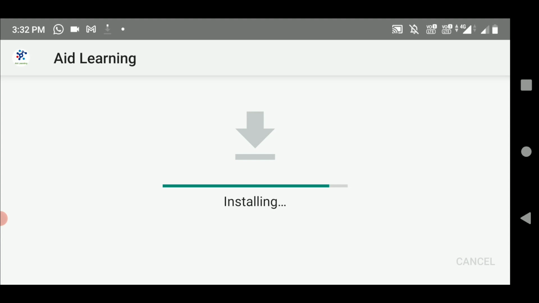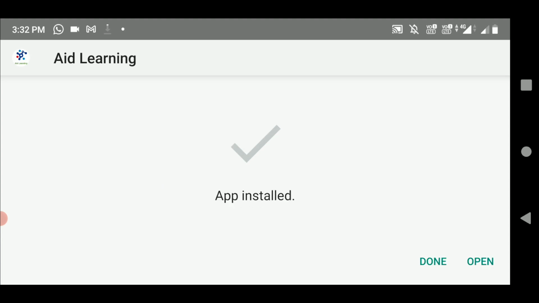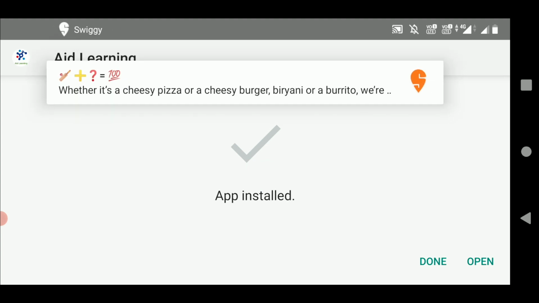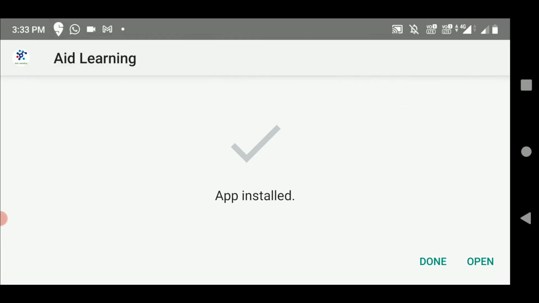Before installing the app, make sure that you have a good amount of storage free in your smartphone, like around 10 to 15 GB, because this is going to download a Linux environment and install it. So it is going to take a lot of storage. Just make sure that you have a good amount of free storage. Okay, now click on open.